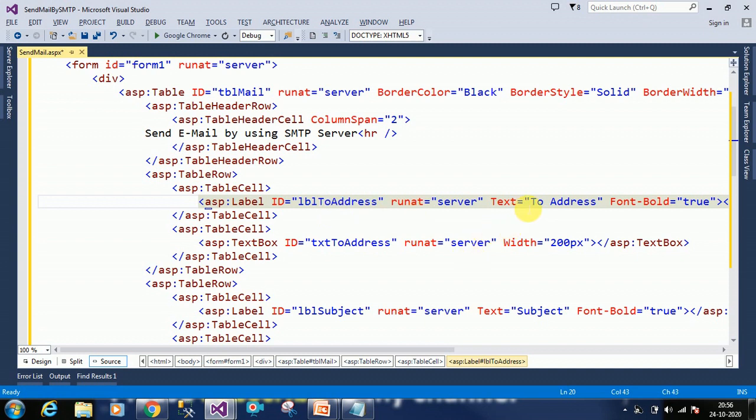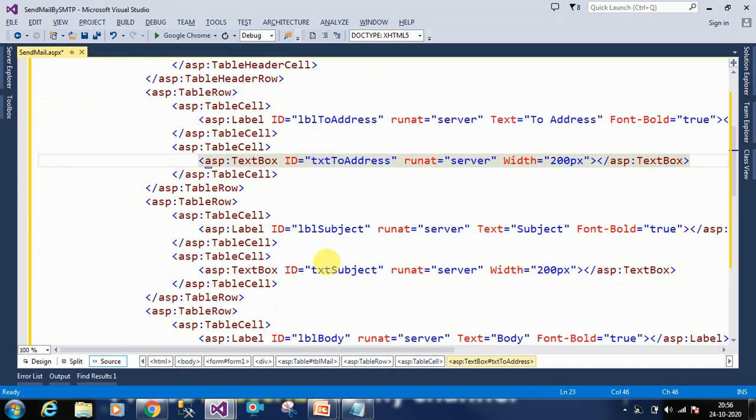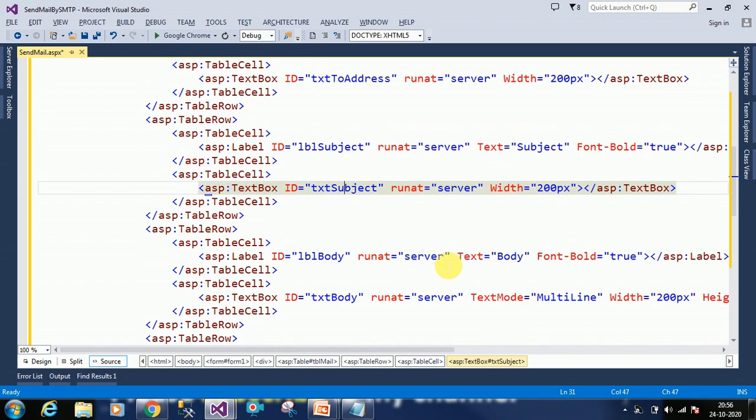We gave label text as to address, and we are taking one text box for to address, and then one label for subject, then a text box for subject. Then this is the body label, so we gave it as body. Then this is the text box to read the body.